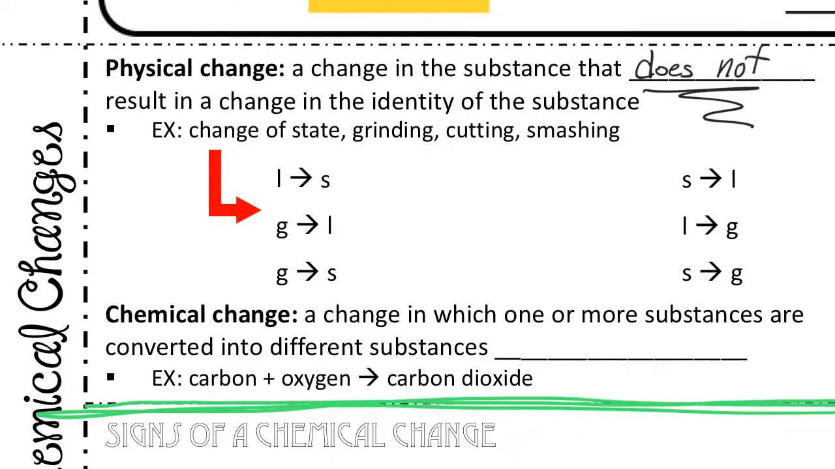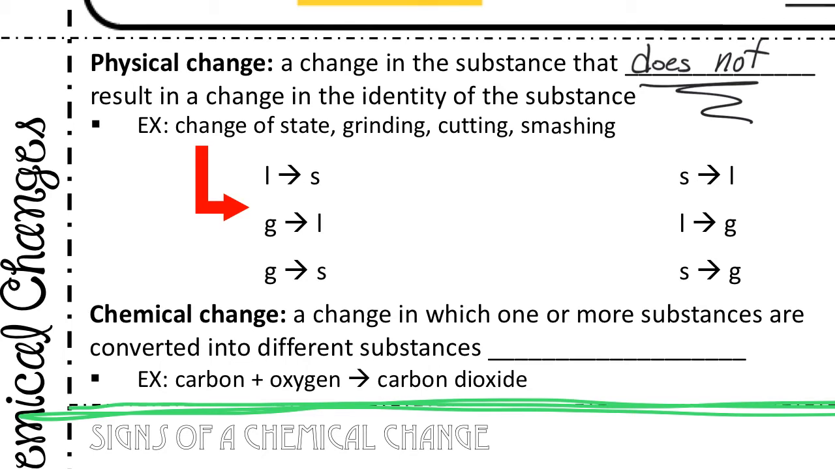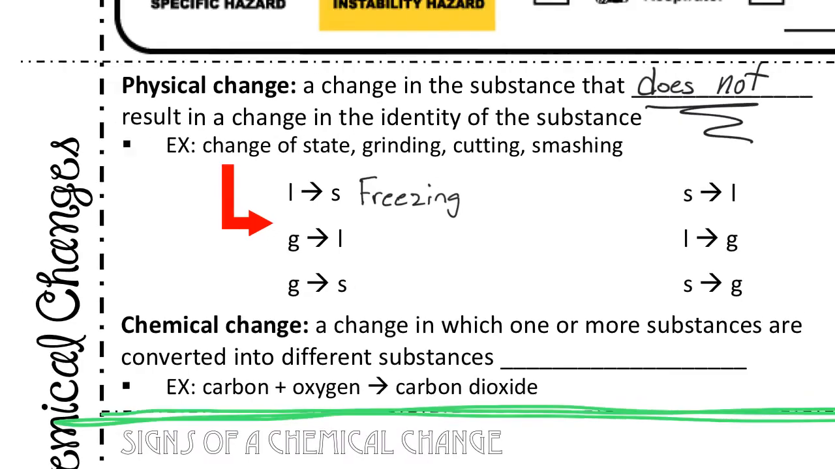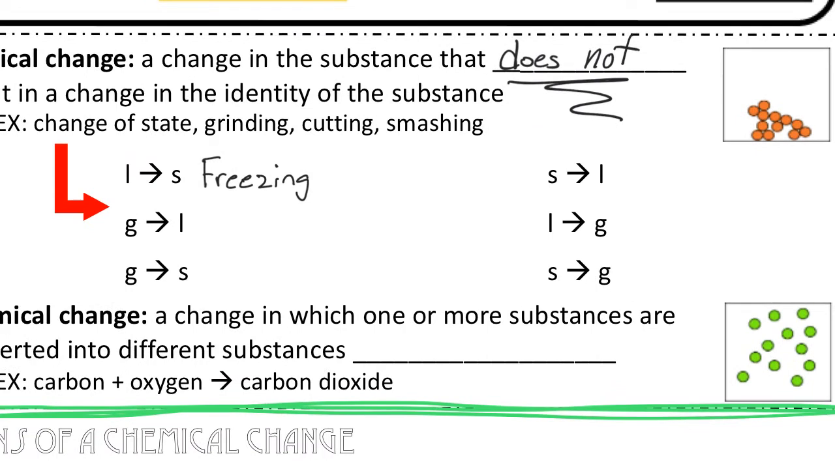Here's some examples of some changes of state, otherwise known as phase changes. So if it's going from liquid to solid, that's freezing. If it's going from solid to liquid, that's going to be melting. If we have a gas that's going from the gas state to the liquid, that's going to be condensing. If we have a liquid that's going to a gas, that's going to be boiling